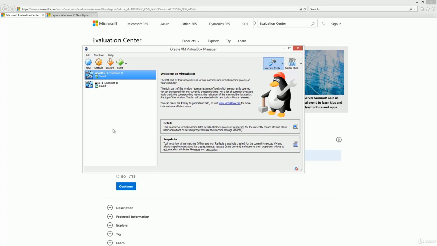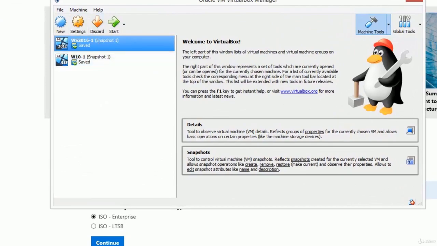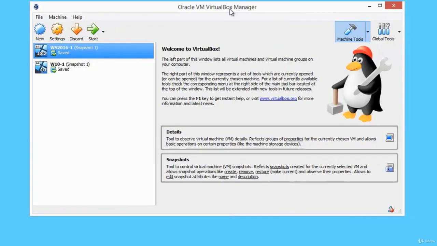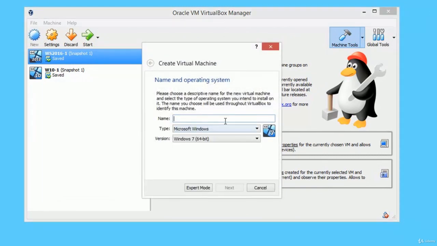How to create a new virtual machine in VirtualBox? As you can see, I have a couple of virtual machines up and running, but that's okay. We'll create a new virtual machine. We say new, and now we have to give it a name. Let's call it Windows 10